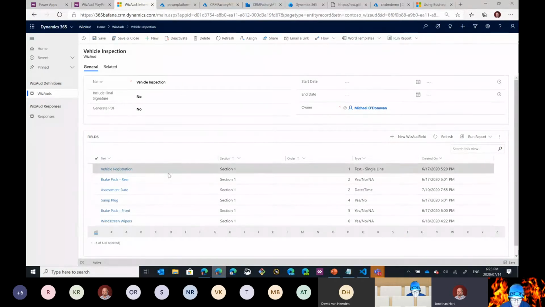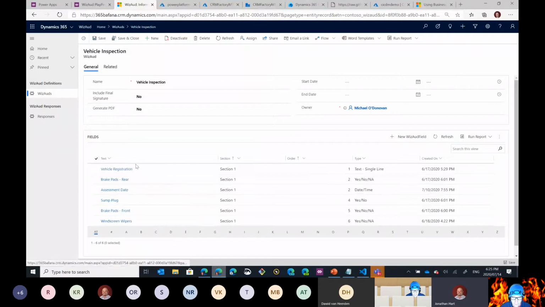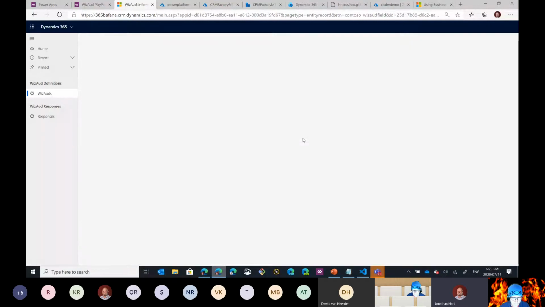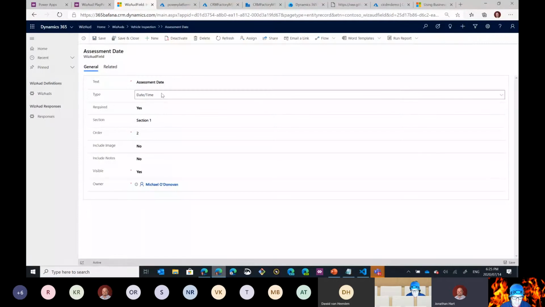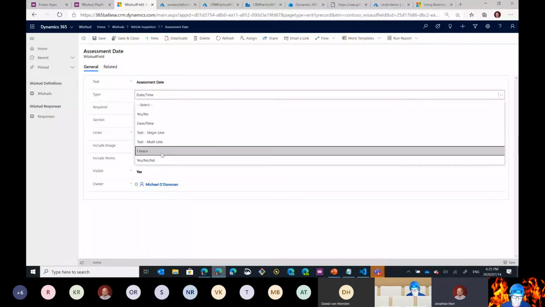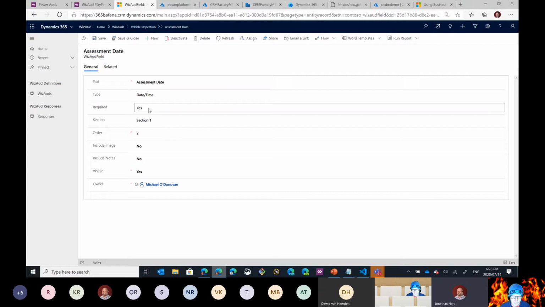And then you go and define what questions you want. So you'll see these are the questions I went and added. The vehicle registration, the brake pads, you can see the data type of them. Essentially the way this works is you click new field. Let me just edit an existing one. Let's take assessment date. Here you'll see the assessment date is a date time field, but I could have dropped this down and said, actually, I want this to be a choice field, a text field, a yes/no, or a yes/no/not applicable field. So it supports different field types, whether it's required or not,